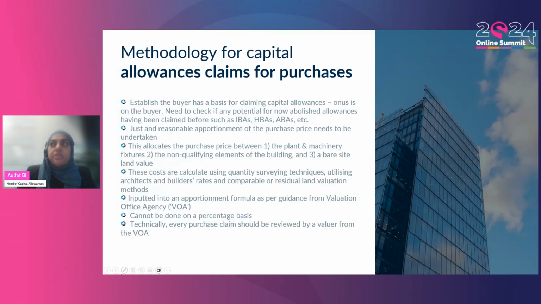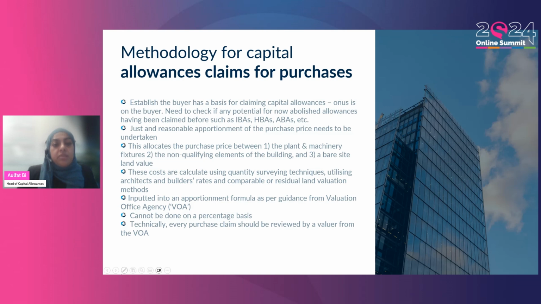I thought it'd be useful just to give a bit of an overview as to what the methodology is for a capital allowances claim. I have come across some advisors or clients that might think you just apply a percentage. So whilst I can give a proposal based upon a percentage or an average of what I think capital allowances could be for a particular property, that isn't the way that you actually prepare a report. The guidance is very clear that you have to produce a report for every property acquisition where capital allowances are claimed. And technically, this is meant to be passed on to the Valuation Office Agency by HMRC. It might not always be done, but that's the way. So they're meant to review it.